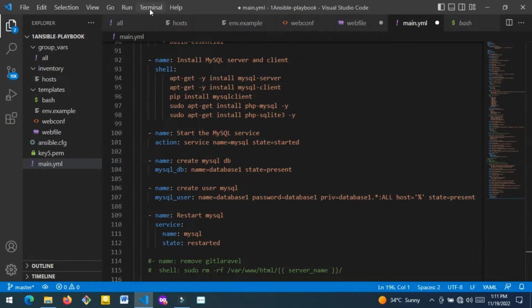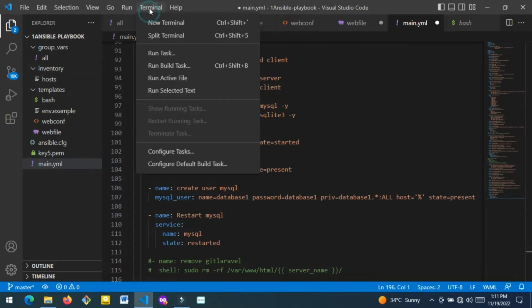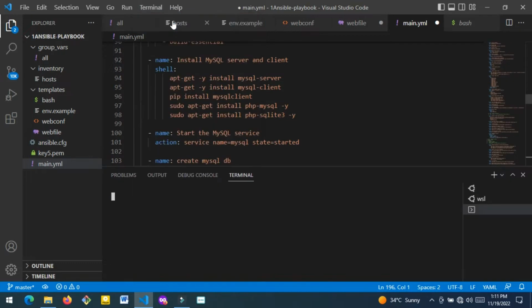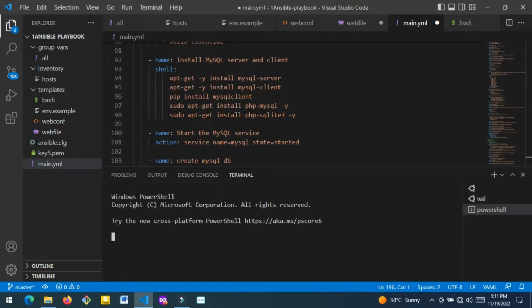So I'll come up here, terminal, and I'm going to click new terminal. So VS Code can interact with any terminal which you have running. The default terminal that VS Code displays is your PowerShell, but you cannot run Ansible on PowerShell. So I'm not going to use this. I'm going to come here. You can come here and choose the